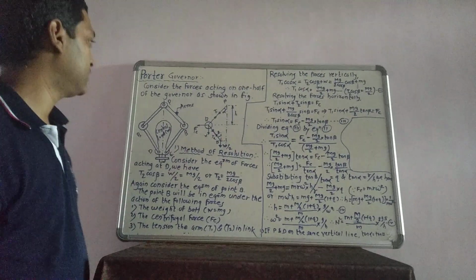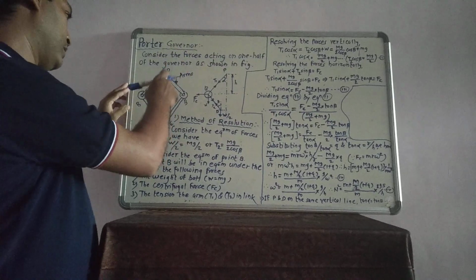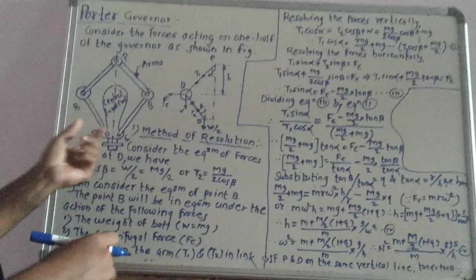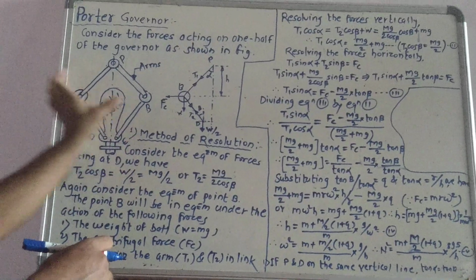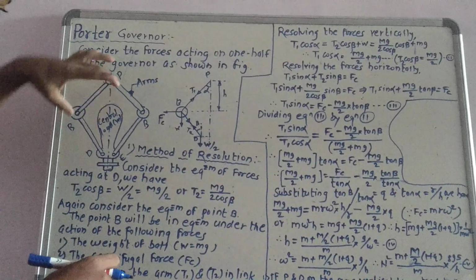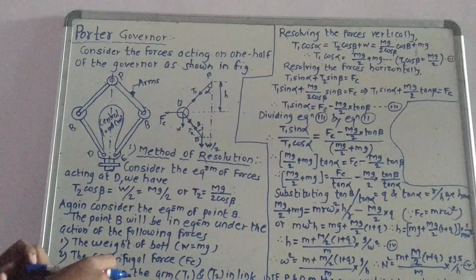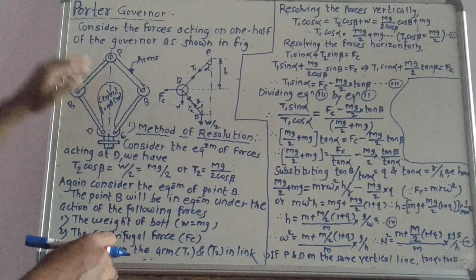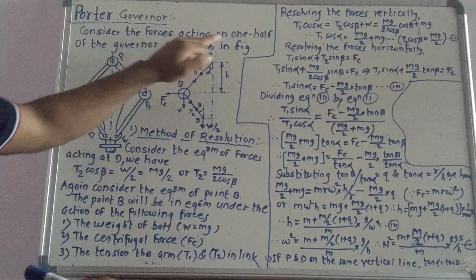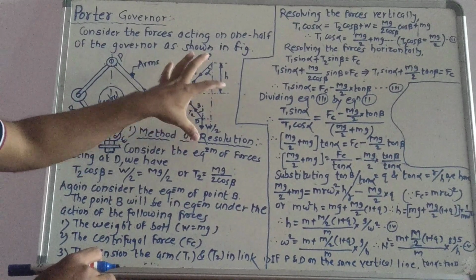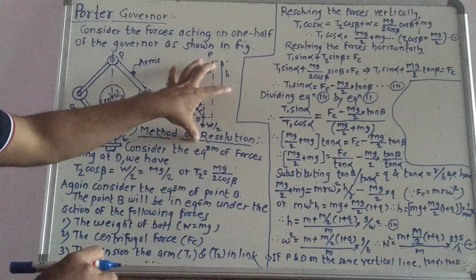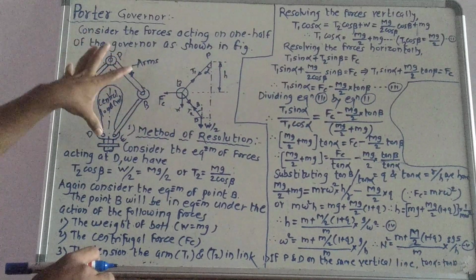Porter governor is the modification of Watt governor. Here the central load is kept on this sleeve so that the fly balls come to the predetermined level quickly. Here, for doing the analysis, consider the forces acting on one half of the governor as shown in figure. So this indicates the free body diagram of this